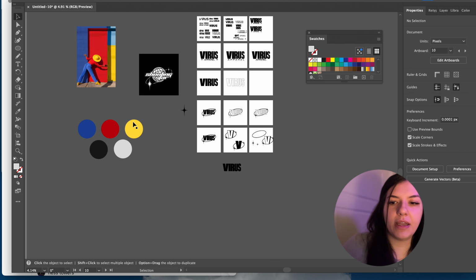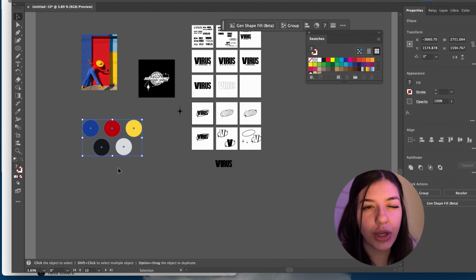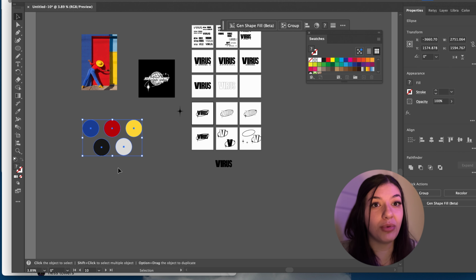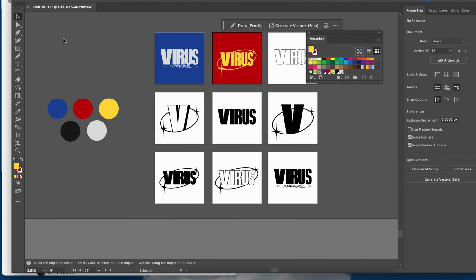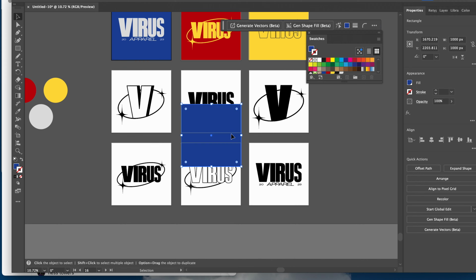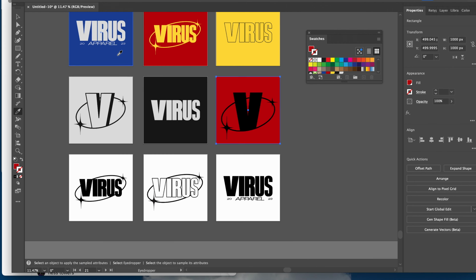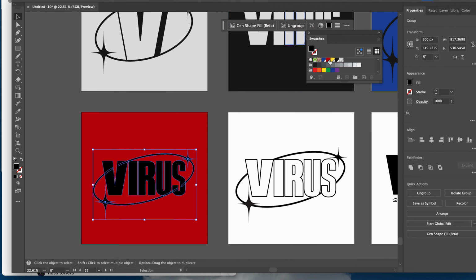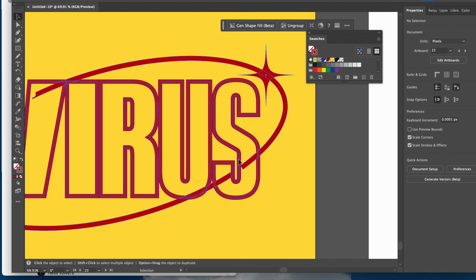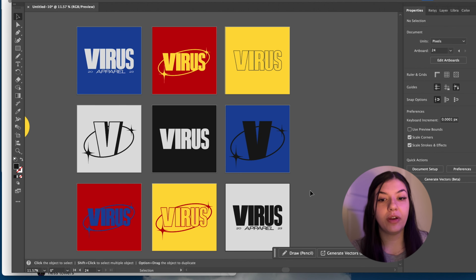I don't know how it came to my head. And I've actually never created a brand just using the primary colors. So hopefully it works. I think it will. Let's go ahead and apply all these colors to the logo variations we made. Okay, so here are all the logo variations using the color palette, and I think it looks really good.